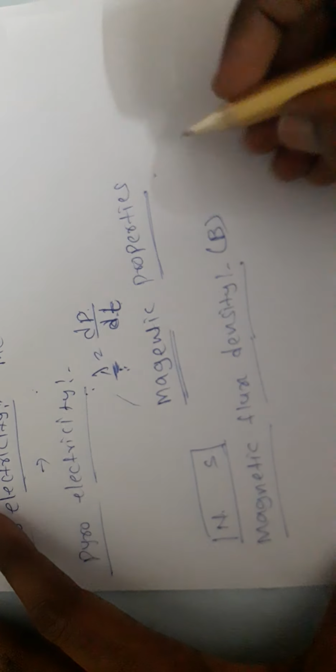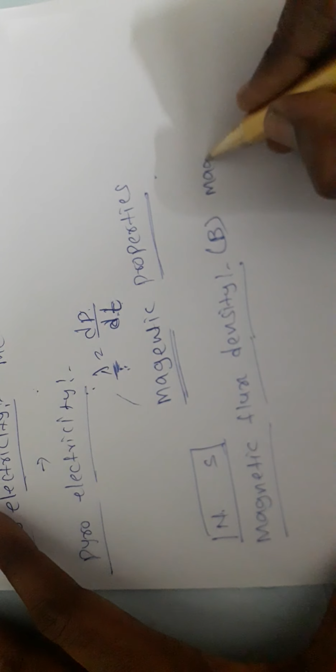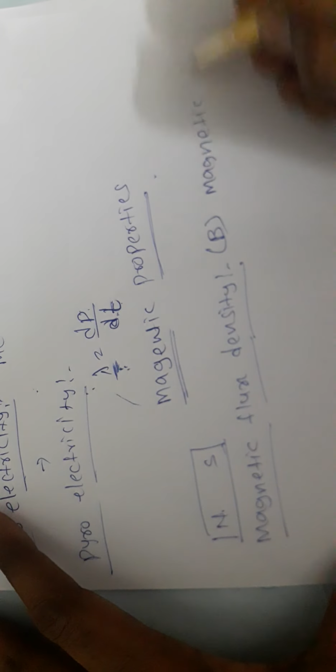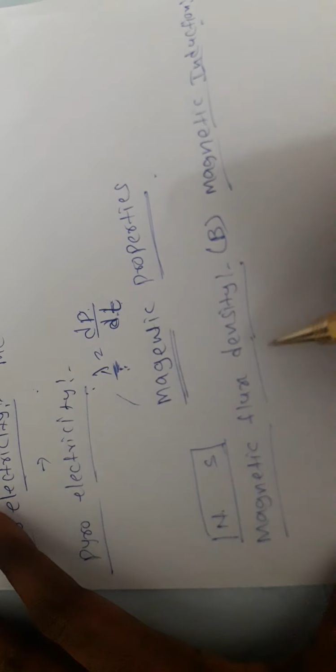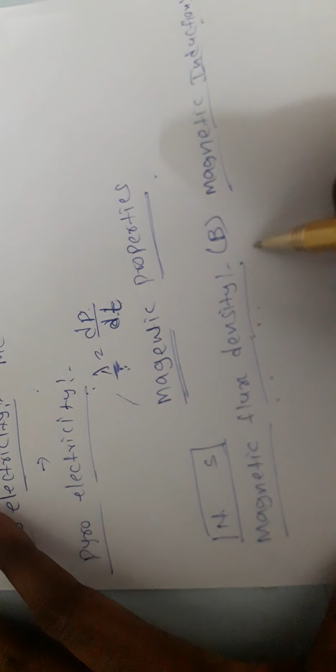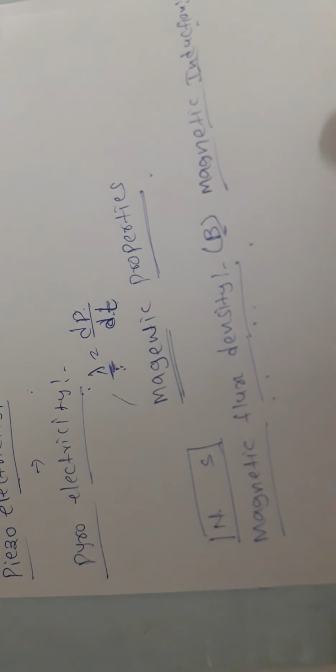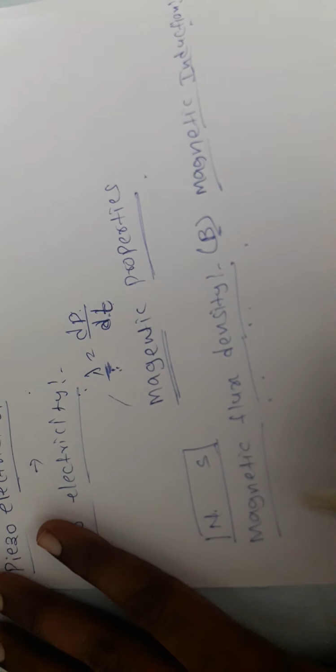It is also called magnetic induction. So magnetic flux density means the magnetic lines of force passing through the unit area is nothing but magnetic induction or magnetic flux density. Electric field lines of force passing through the unit area, that is electric flux density. Magnetic flux density. Next,